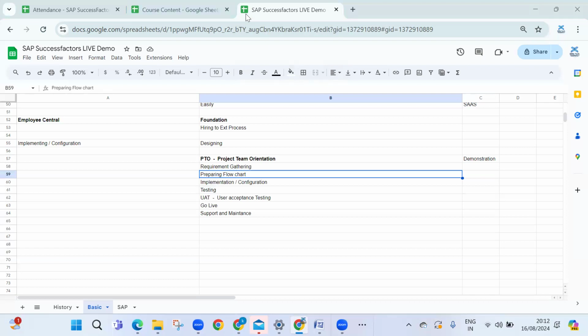Kavita, even in these phases, do we cover the blueprint, like in SAP, and the finalization of the blueprint? Yes, the blueprint will be there in every project. When we do the project team orientation and requirement gathering, we just show it as a kind of workbook, where you record how the application works and what kind of configuration you have done. It's not like an HCM blueprint; it is different, where they record it as workbooks.